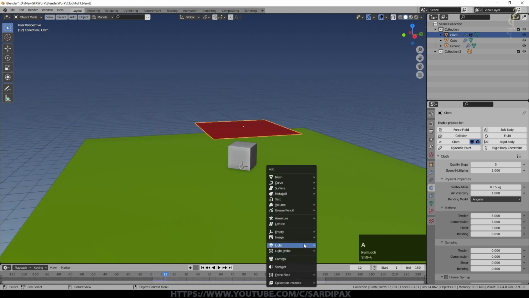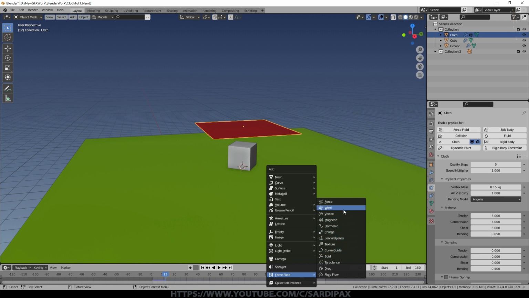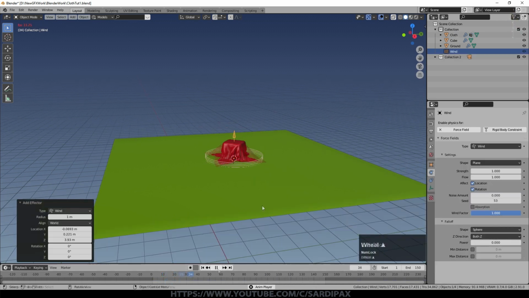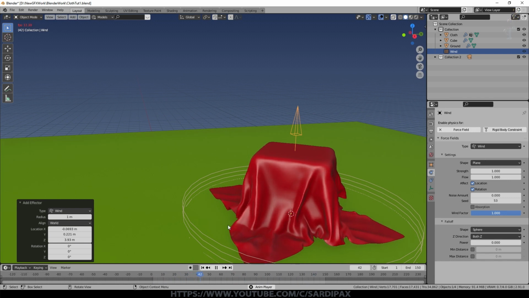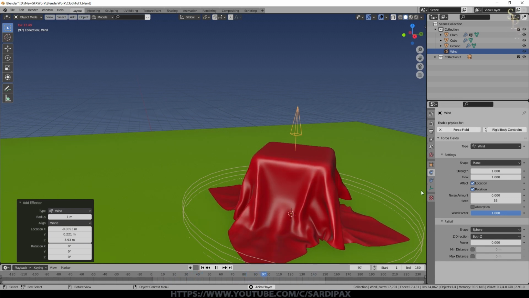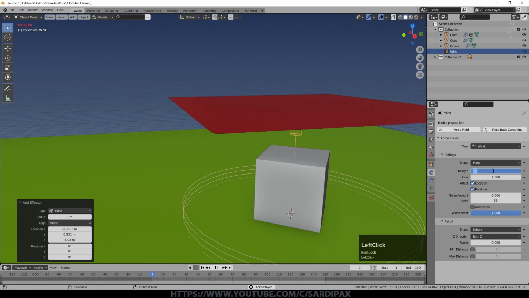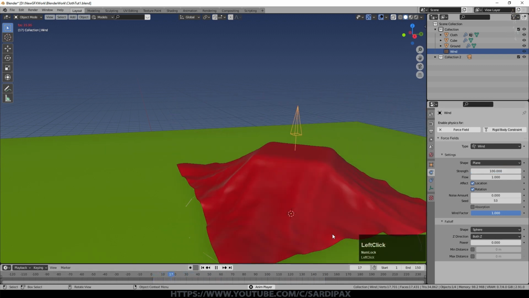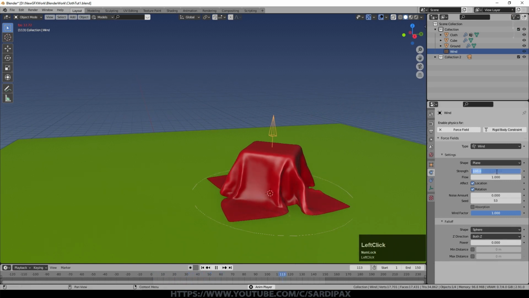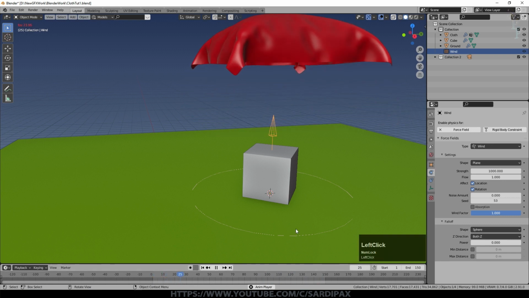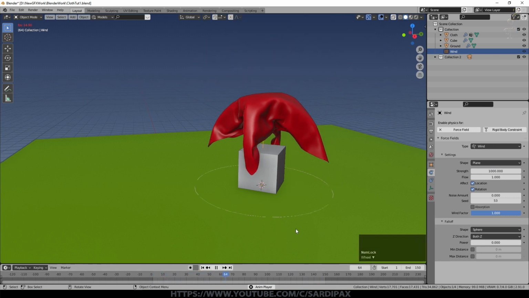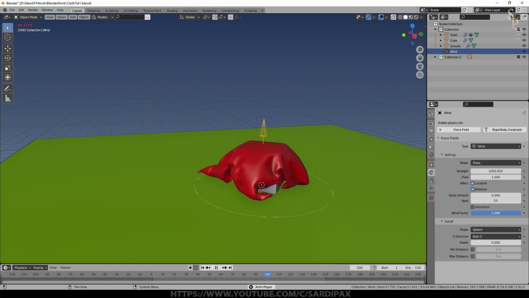So if I add a force field in, and we'll just make it a simple wind force, and I press play, at the moment it's not having any effect. Now it does seem like forces generally, especially the wind force, need to be quite a high value to have much of an effect on cloth. So we're in the physics selection and we've got the force field selected. So I'm going to turn the strength up to 100 now. We may just be able to see it starting to affect the cloth, but now we'll go to 1000, and you can see it's now a bit like the inflation force. It is starting to affect the cloth now. But that had to be all the way up to 1000 to affect that.